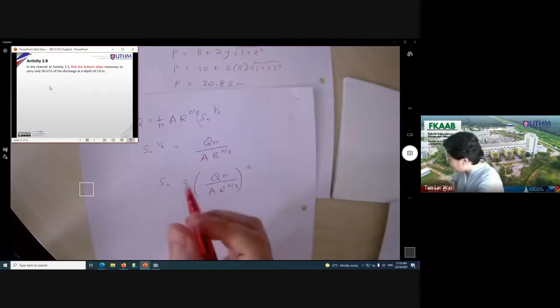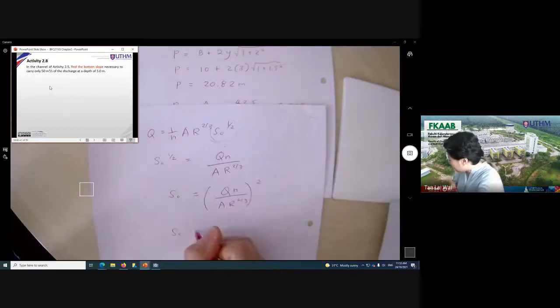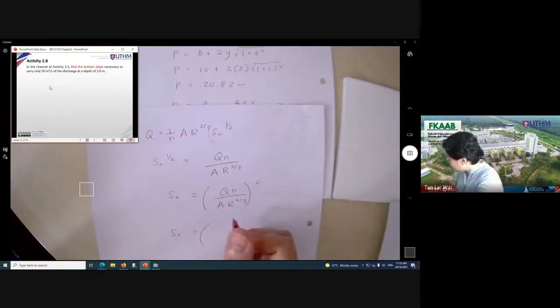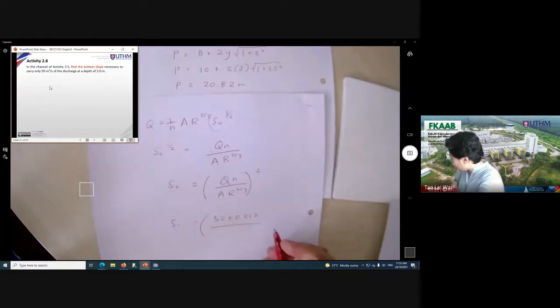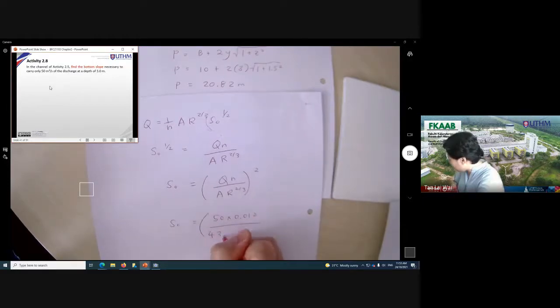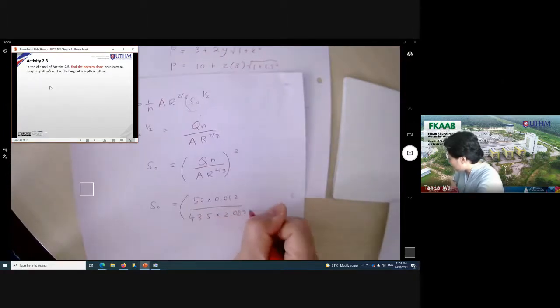So that means to the power of 2. So Q would be 50 times 0.012 divided by A, which is 43.5, times 2.089 to the power of 2/3,